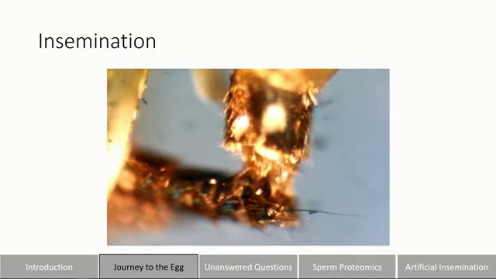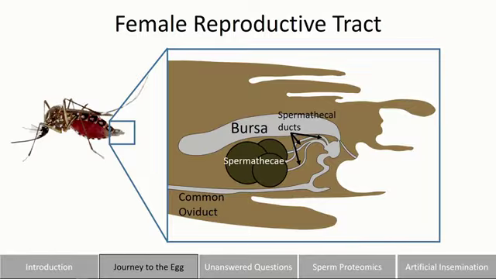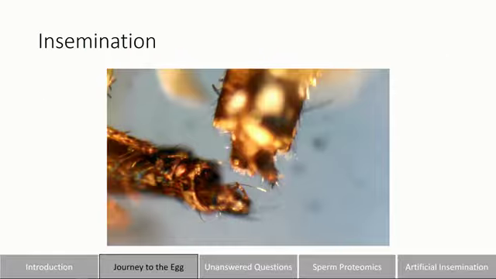and from here on out, the male's done. We're not going to talk about him anymore, and we're going to focus on the female's reproductive tract. I want you to become familiar with this anatomy because I'll be coming back to it for the rest of this talk. A female's site of insemination is her bursa. It receives both semen and sperm. The long-term sperm storage organs are spermathecae, and in culicines there are 3 of them. And then the common oviduct runs ventral to everything. And the bursa and the spermathecae are connected by spermathecal ducts.